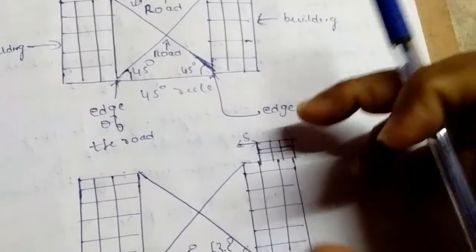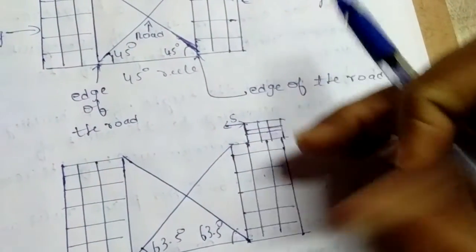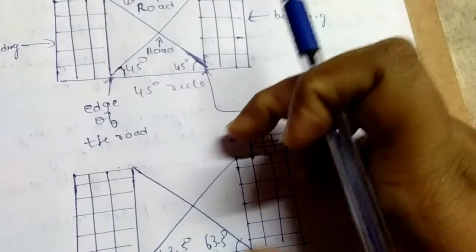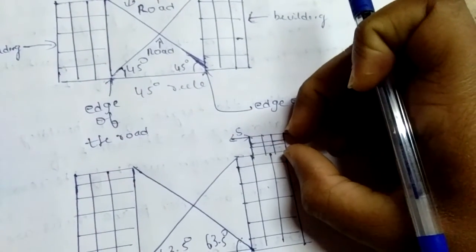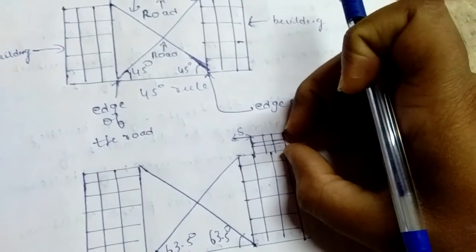So now what we are going to do: this height is going on increasing, but see, this is the actual height of the building, because here this is also some part of the building, right? But here what we have done,